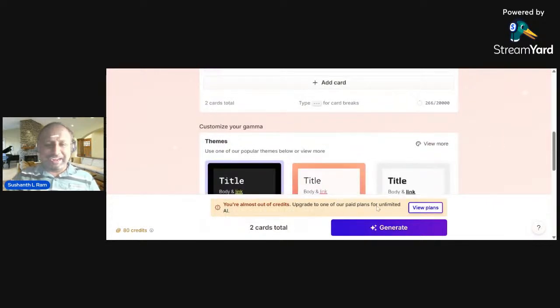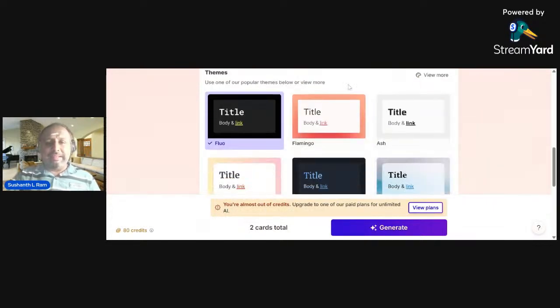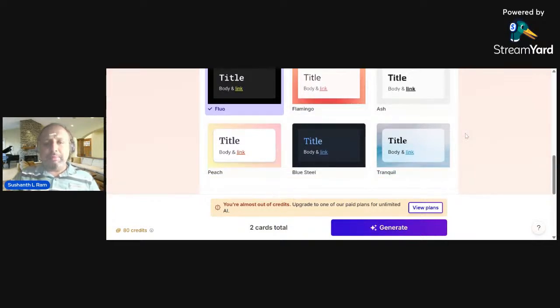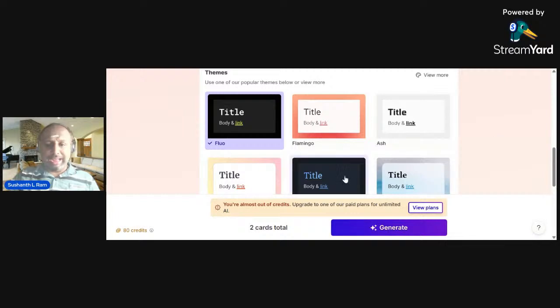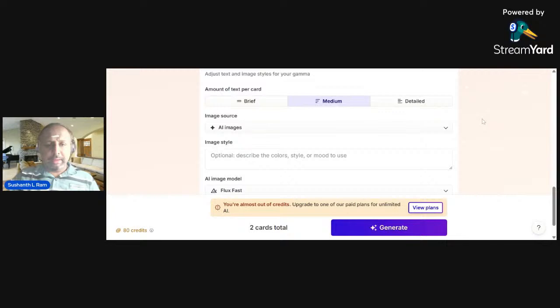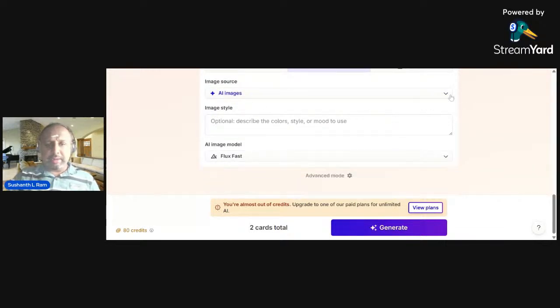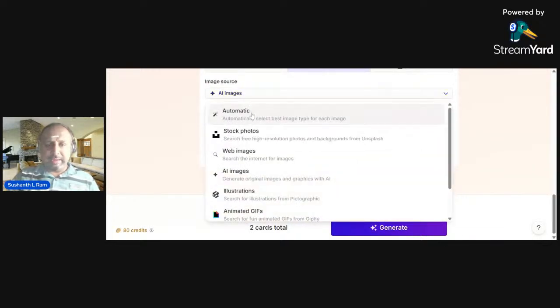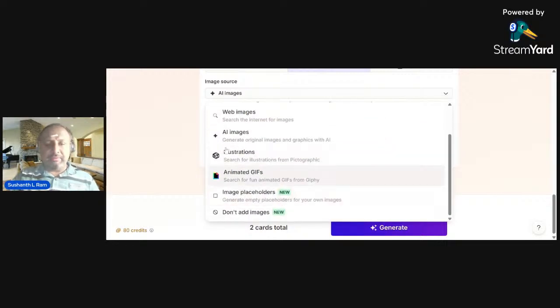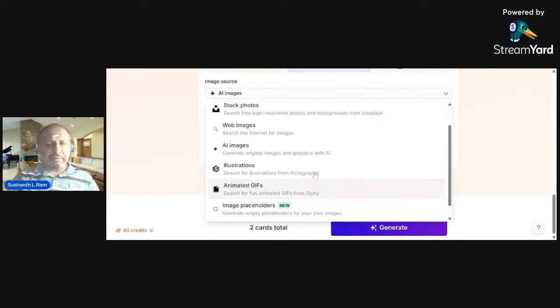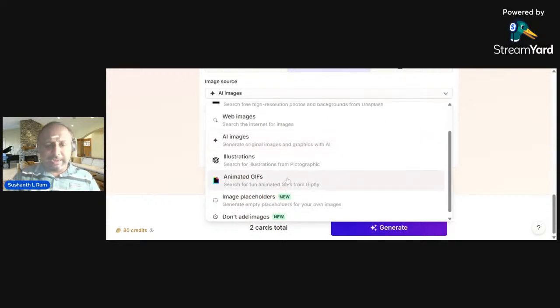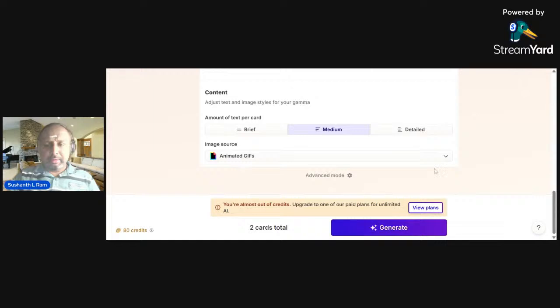See, I'm losing my credits. Okay, you can select the theme. You can select a white theme, dark theme, normal theme. I'll go for this one. Then you can select the image source: web images, illustration, animated GIFs, image placeholders. I'm just selecting animated GIF. Okay, now generate.